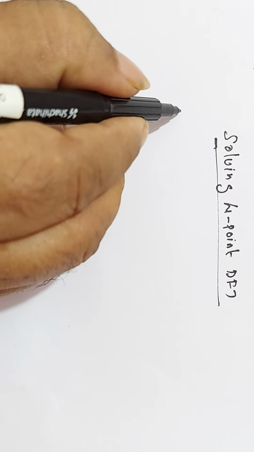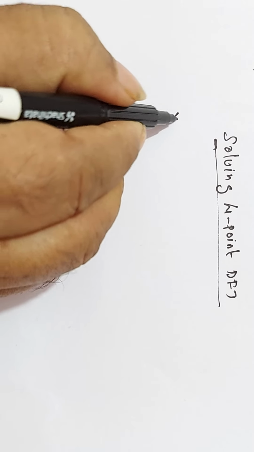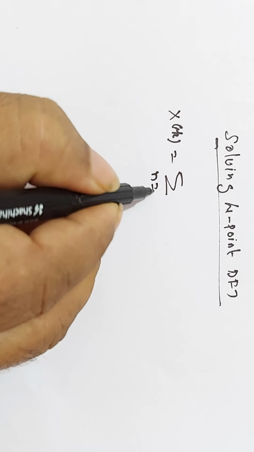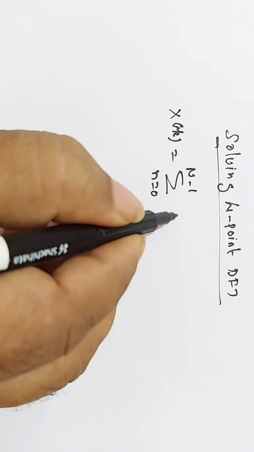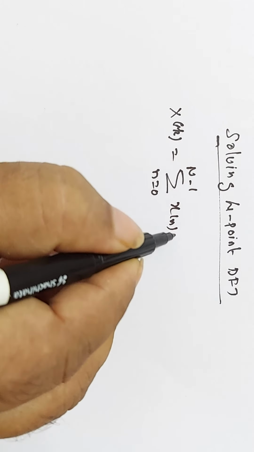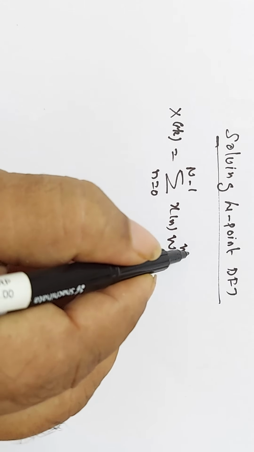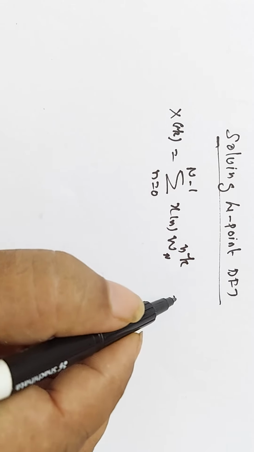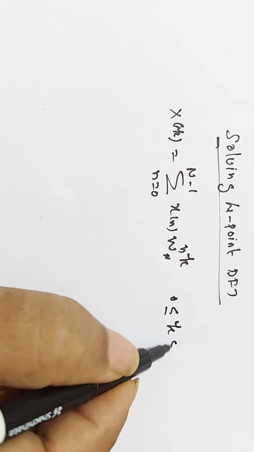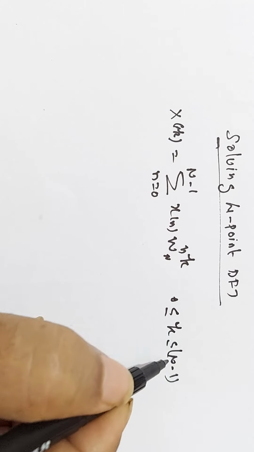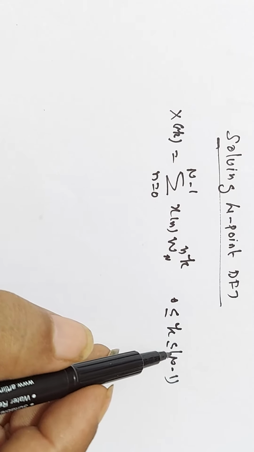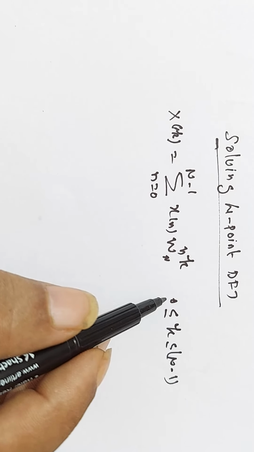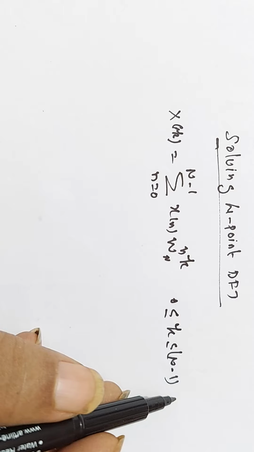We know that the DFT of n point is represented by x of k, which is equal to sigma n is equal to 0 to n minus 1 x of n W n nk, where k can have n number of samples, that is 0 is less than or equal to k is less than or equal to n minus 1. 1, 2, 3, 4, 5, etc. up to n minus 1, there are n minus 1 samples, including 0, one more sample. N minus 1 plus 1 is equal to n samples.